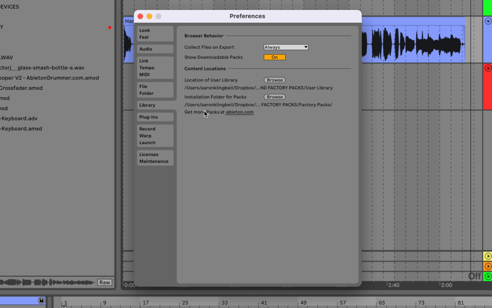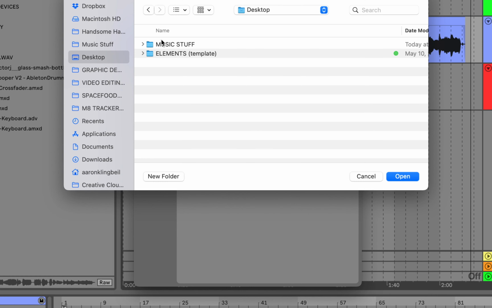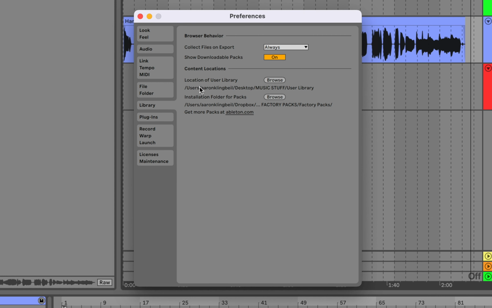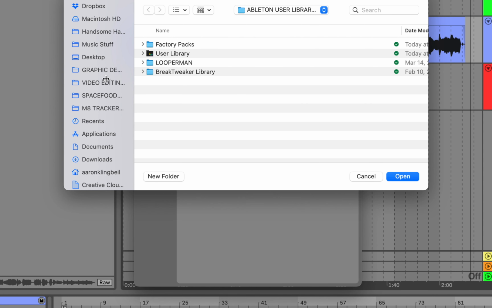So you can see I already have the location of my user library selected, but I'm going to walk you through that anyway so that you can see the process. For you, you'll press the Browse button, and then you'll find your music stuff folder that you created. I'm going to go ahead and press Open, and this has now updated the address for my user library to my new location. I'm also going to adjust the location of the factory packs so that it's in that same location. So I'll hop over to the music stuff folder, and press Open,